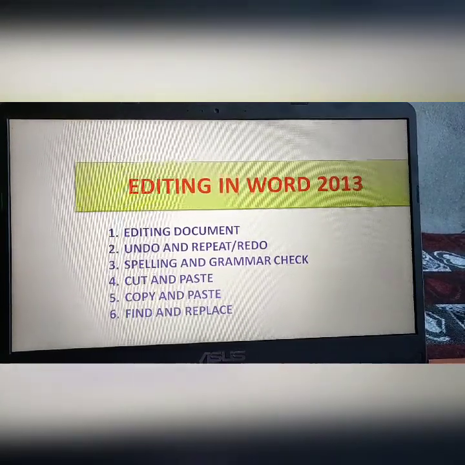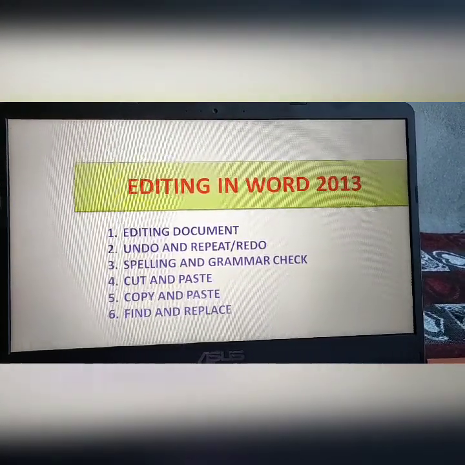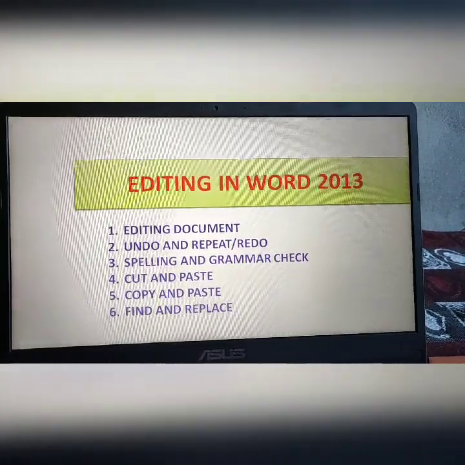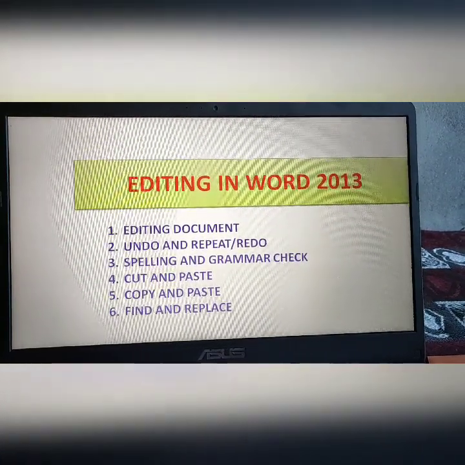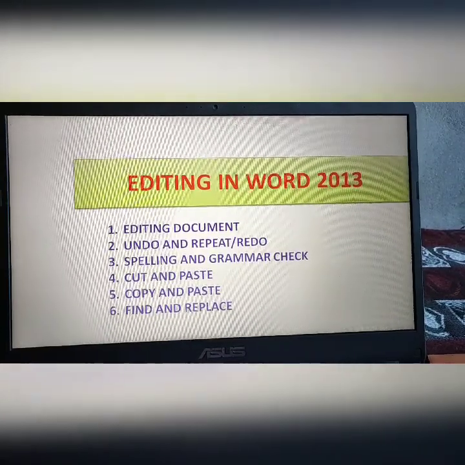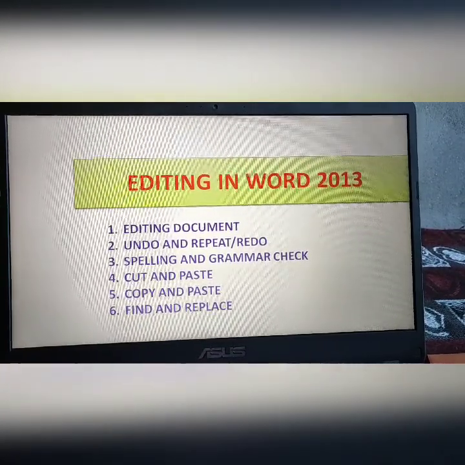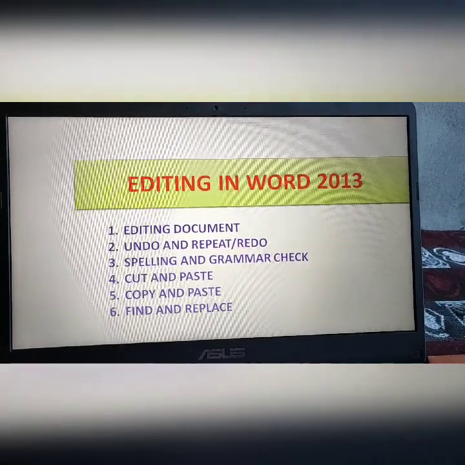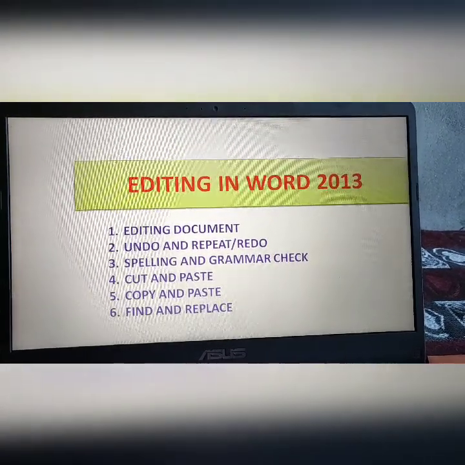Okay, these are the 6 topics of Editing in Word 2013. Actually, this chapter is a long chapter, so I have decided that I will divide this chapter into 2 videos.